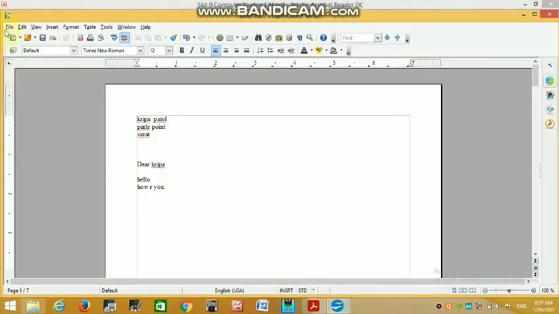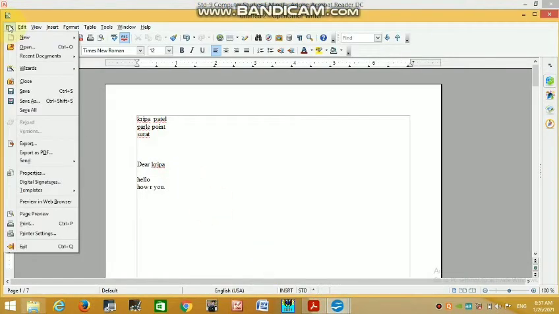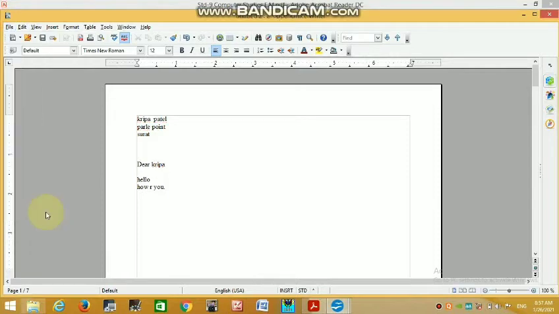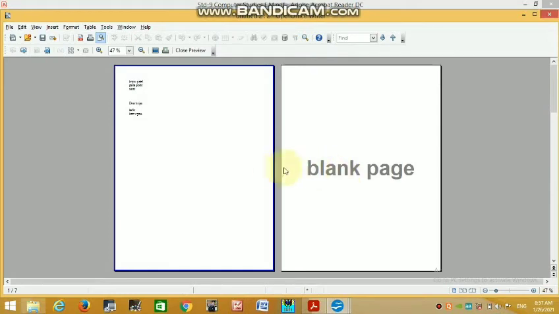Okay, file. This is the option of page preview. Okay, how your file looks before printing. You can see single page, double page. We have only one page, so you can see the page preview with the help of this close preview.